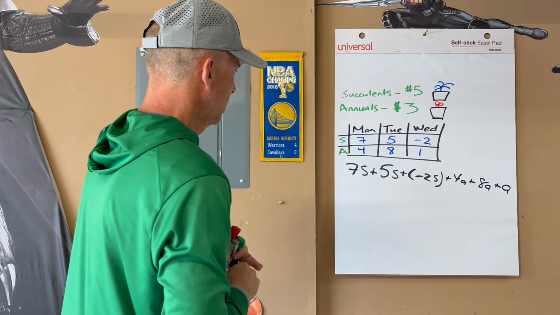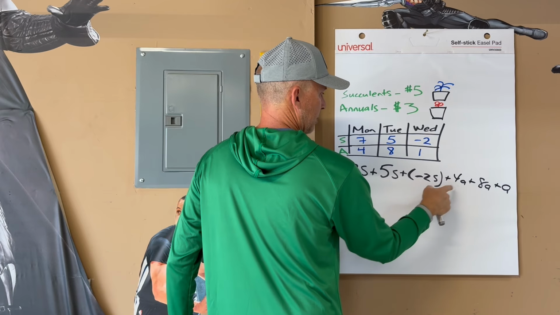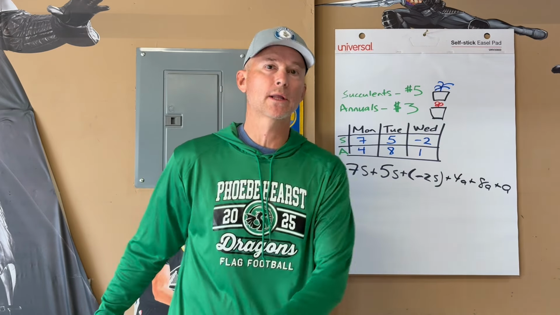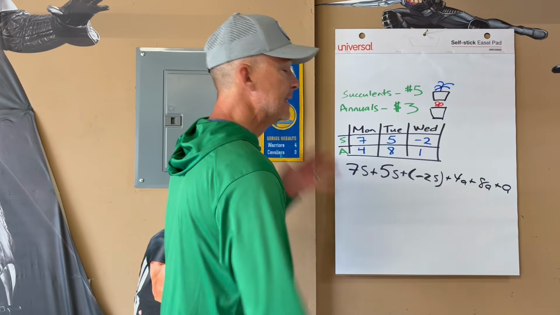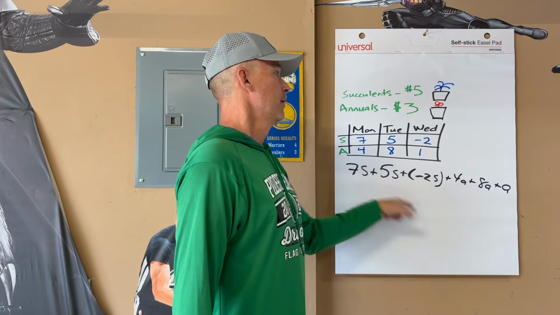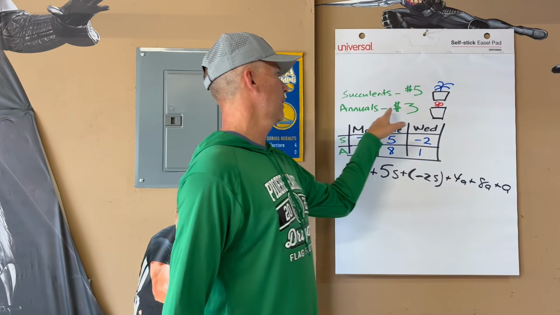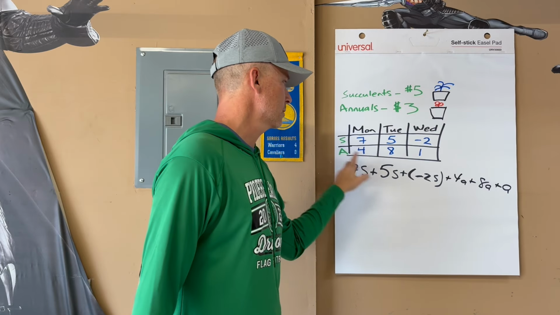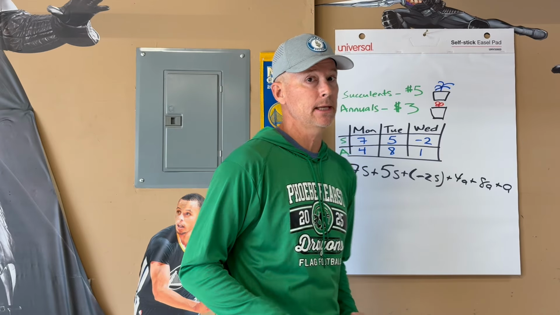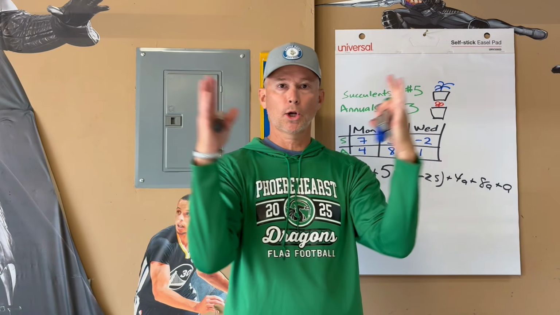So you get what we got here? 7 succulents plus 5 succulents. 2 people took them back. Plus, okay, now here's what we could do to figure out how much money we're going to make. Ready? Here's the whole point of this. It took me however many minutes this video is to get to the point. We can plug in that $5 for succulents 3 times. Oh, who has time for that? We can plug in that $3 for annuals 3 times. Oh, who has time for that? Not me. So what we're going to do is we're going to take the 6 terms and